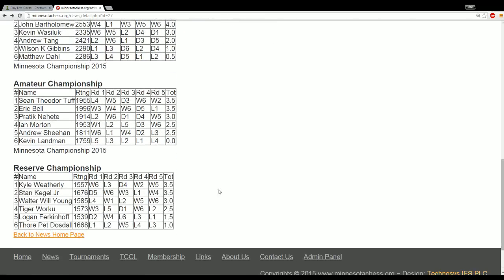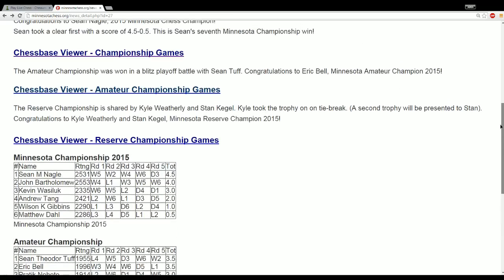There were some other sections too. There was an amateur section and a reserve section for players. I believe the amateur is below 2,000 and the reserve is below 1,600, but I won't be focusing on those games. So without further ado, let me switch over to